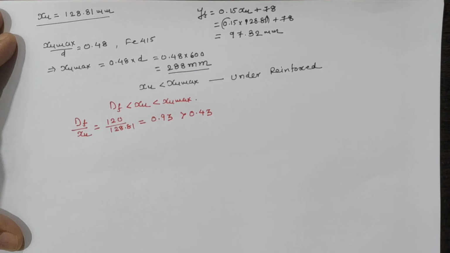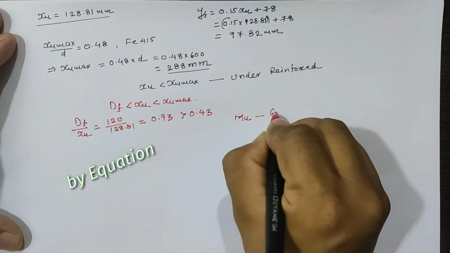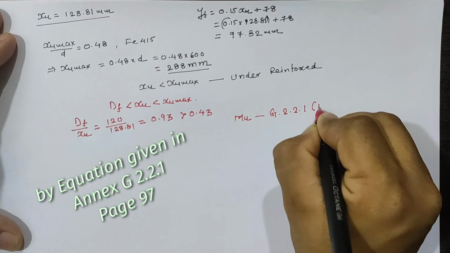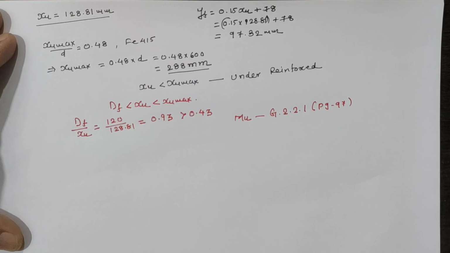It means that we have to calculate the moment of resistance using clause G-2.2.1 at page number 97 of Indian Standard 456:2000,